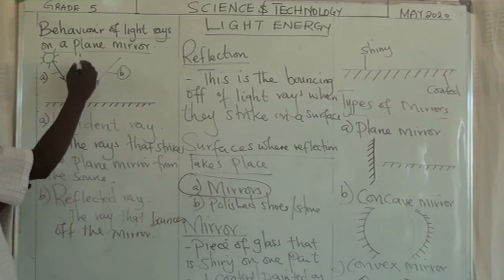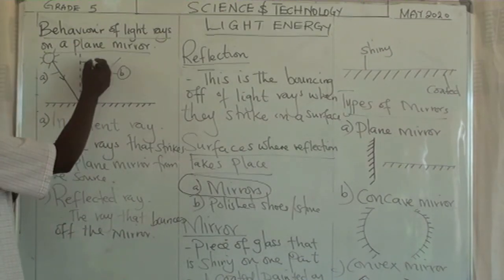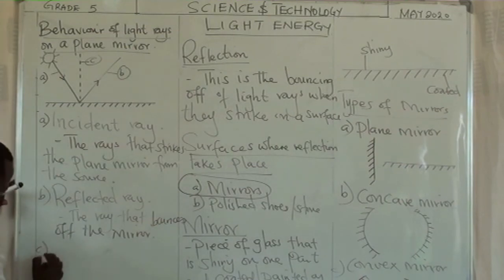We say we have another ray here. What name do we give this ray? That ray is called a normal